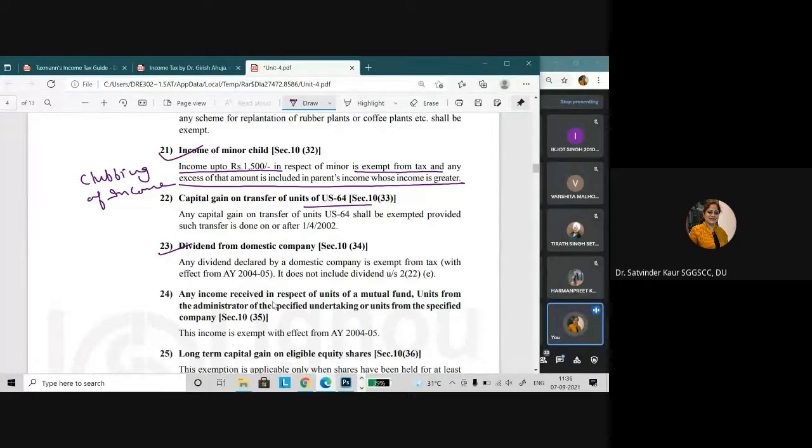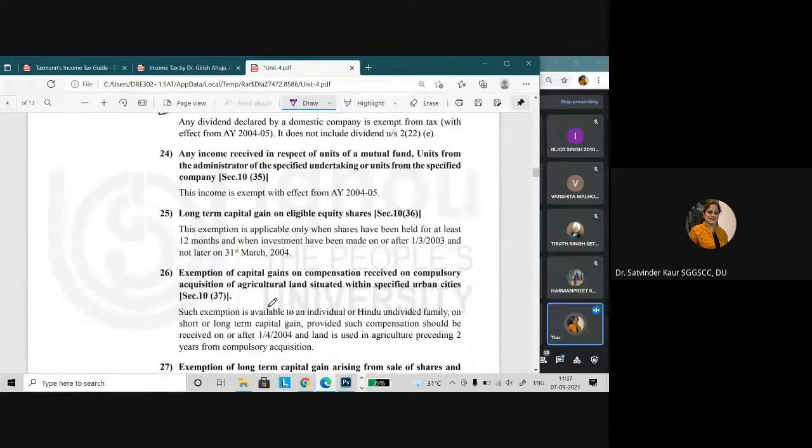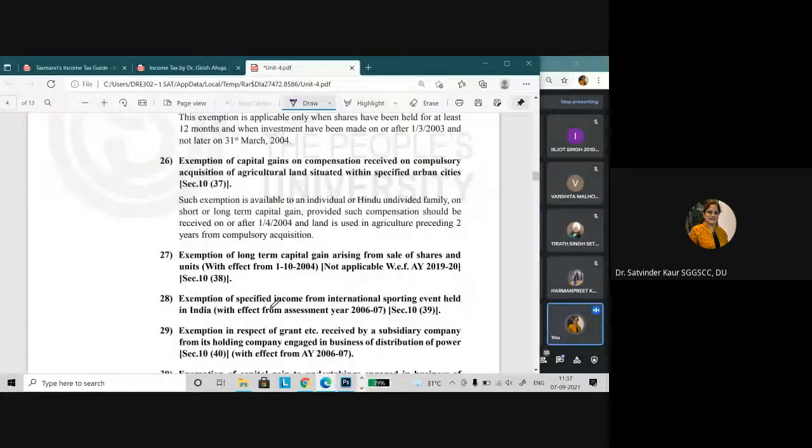Okay, in one thing there is national pension scheme, which we discussed. So that particular amount is exempt up to 60% of the total amount payable, and withdrawal is exempt up to 60%, up to 25%, right? Okay. Then after that, there is.